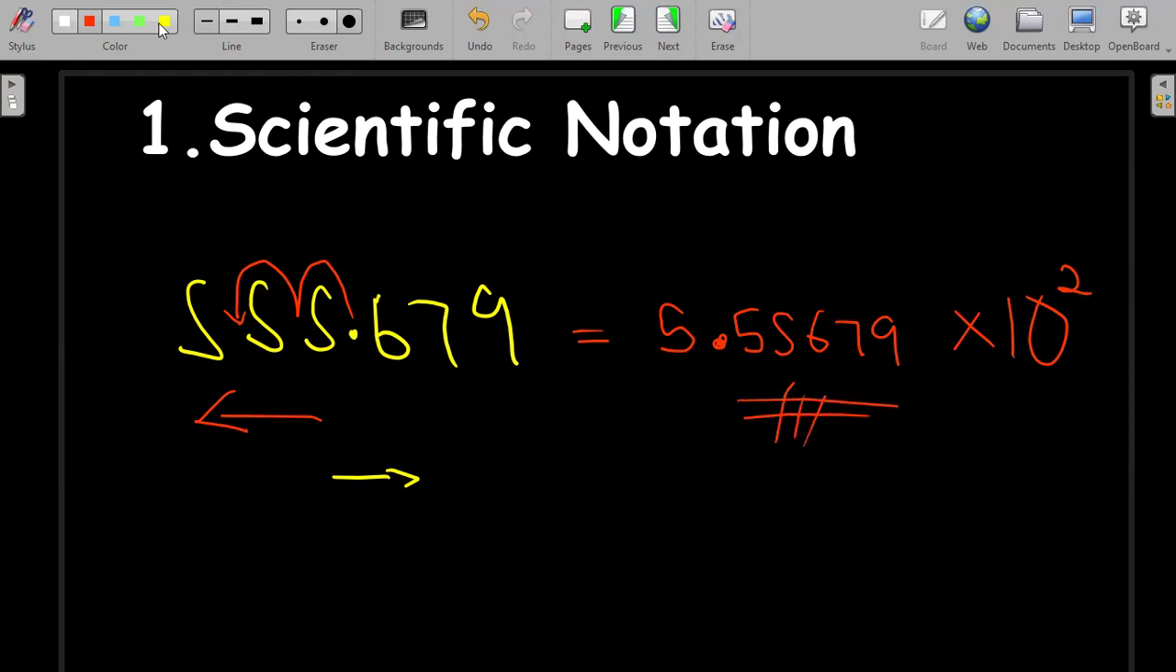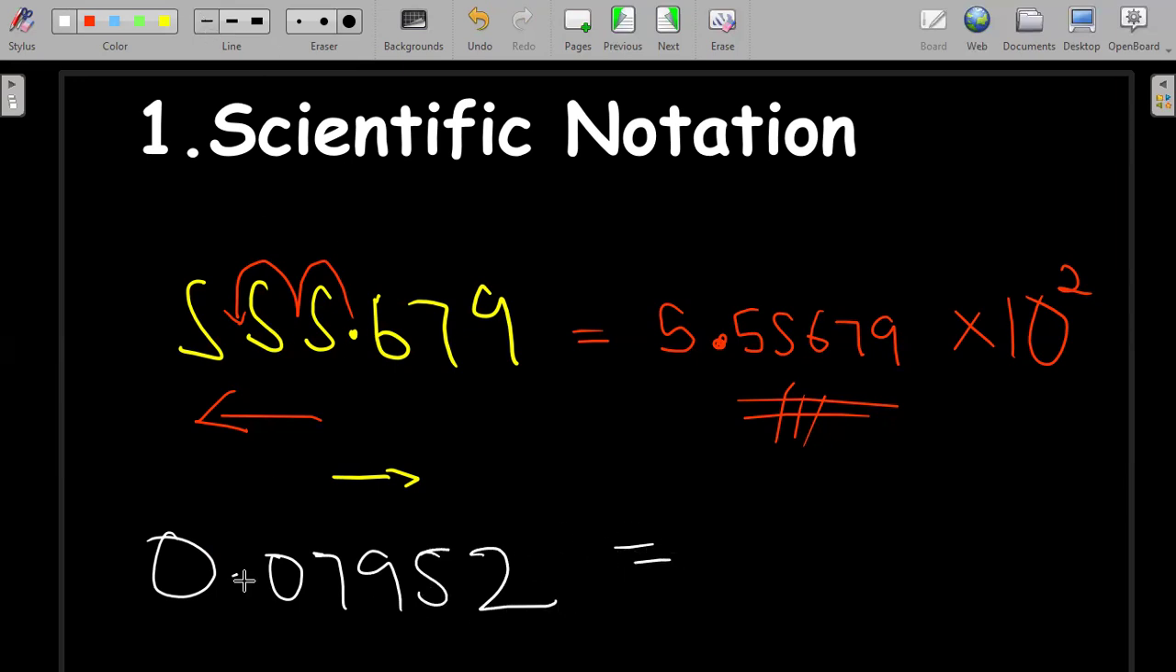And then let's do one more example on this scientific notation. So let's say 0.07952. Express this in scientific notation. We are just going to move this decimal place until this number becomes greater than 1 but less than 10. So 1, 2. So it will mean we have 7.952 times 10 to the power